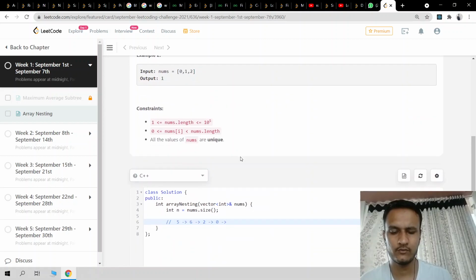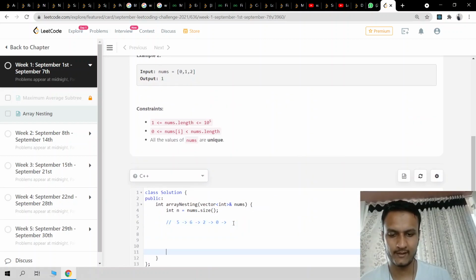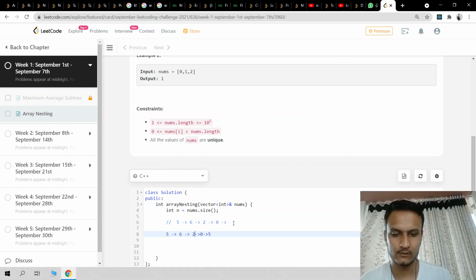So it is a cycle of 4 length, right? I can imagine that we are going from 5 to 6, then 6 to 2, then 2 to 0, and then 0 to 5 again. So 5 is the start of the cycle, I can say.